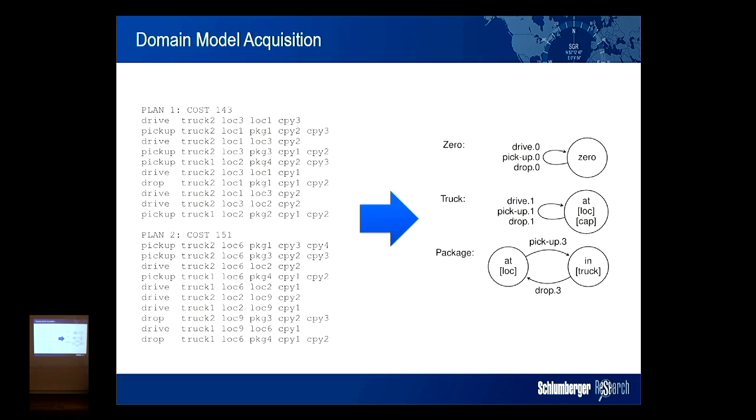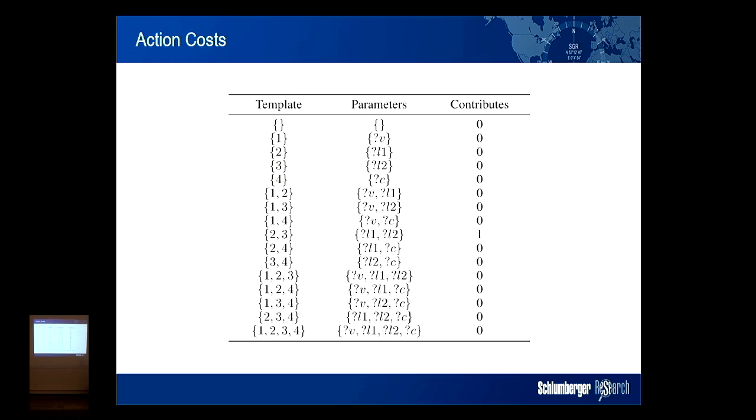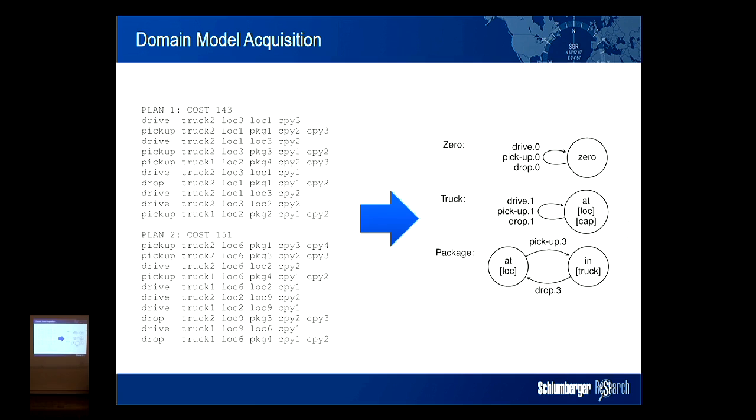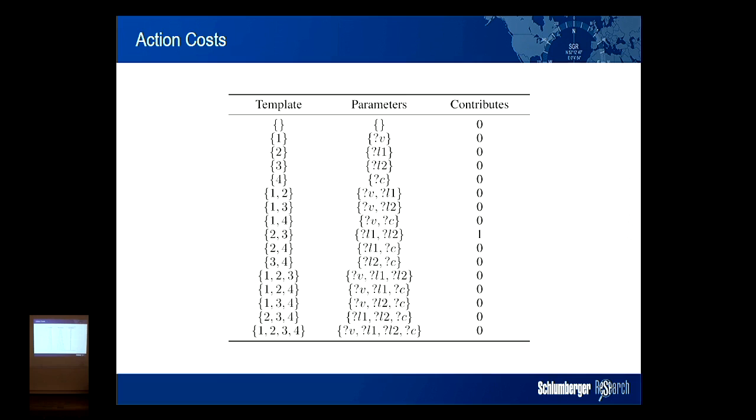And then how do we do this? Well, we want to derive some state machines, as happens in Lockham, but we're going to annotate these state machines with numbers. So we're going to have some kind of constraint model that we're going to solve over the plan traces, and these depend on what we call templates. So each of the action costs can depend on any combination of the parameters for that action.